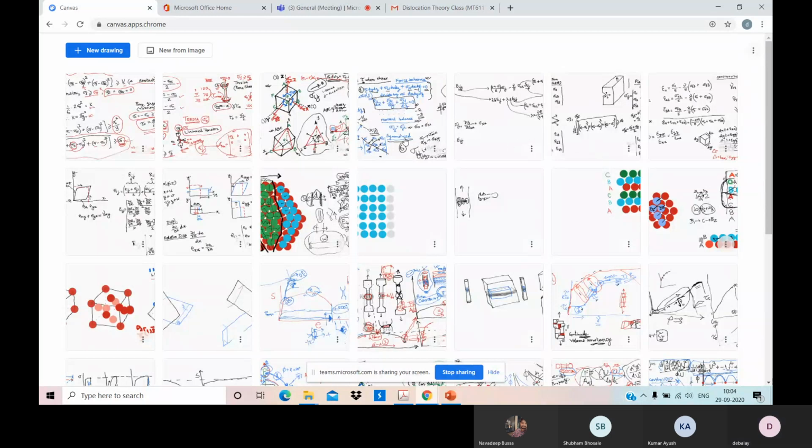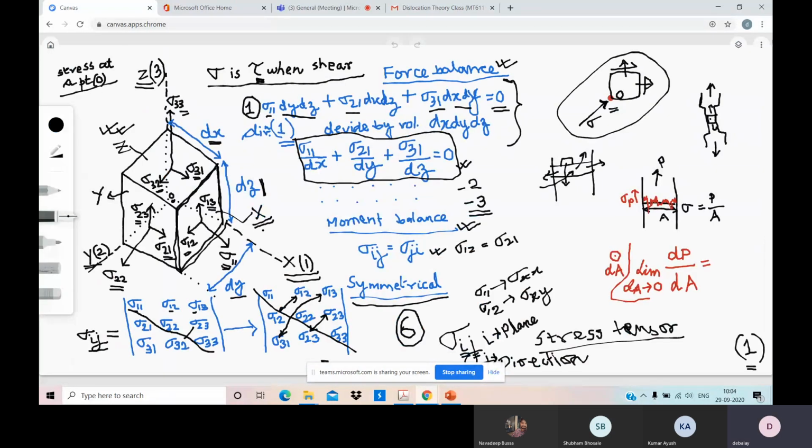First of all, we have covered the stress tensor, the stress that acts at any point inside a body at any arbitrary angle of any magnitude can be divided into 9 stress components, assuming the body to be a simple parallelepiped, and on the faces the stress components are acting. There are 3 normal stress components, there are 6 shear stress components, and total 9 components that make the stress